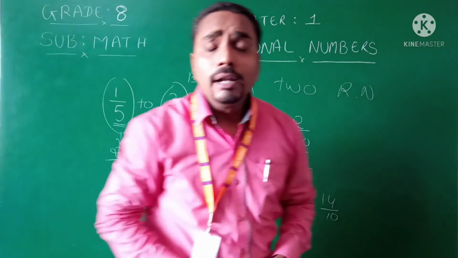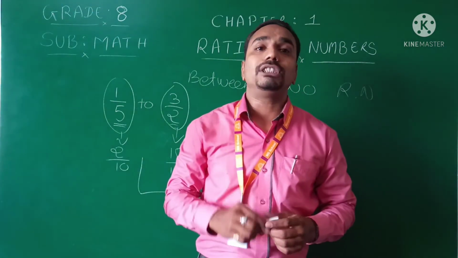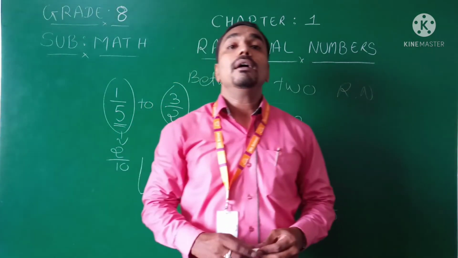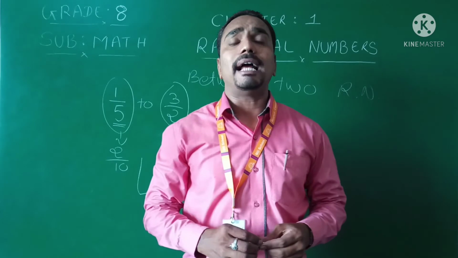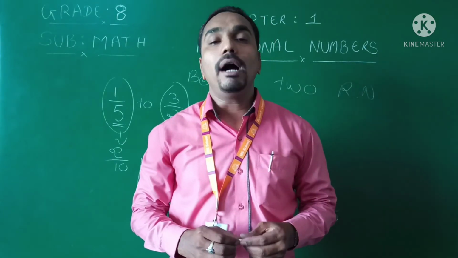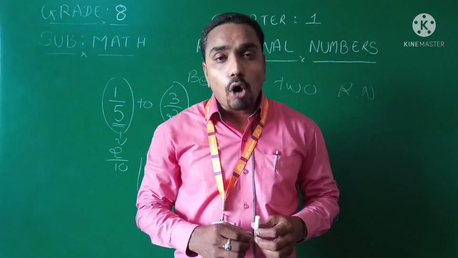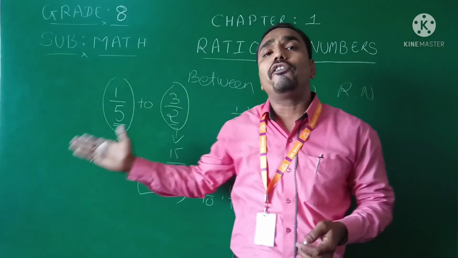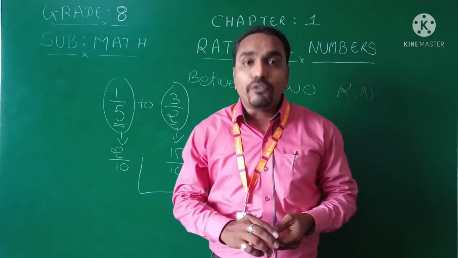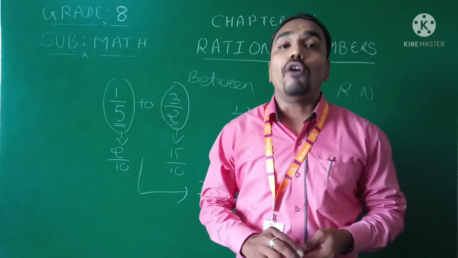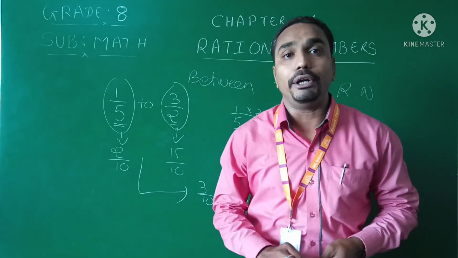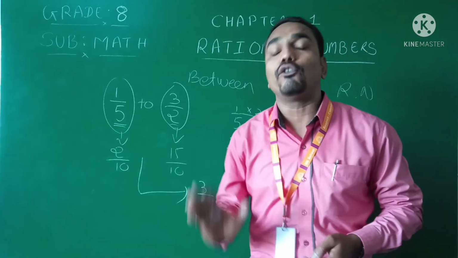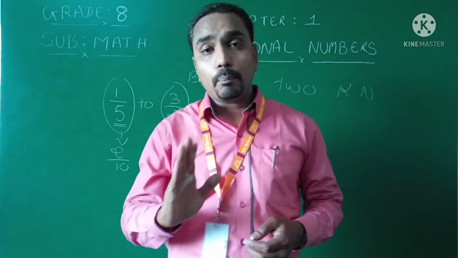So guys, now we have discussed rational numbers on a number line, and rational numbers between two rational numbers, and we get the examples and sums in exercise number 1.2. All these properties are very important. We have discussed all the important points of rational numbers. You can refer to examples 1 to 5 to solve exercise 1.1, and examples 6 to 9 for solving exercise 1.2.